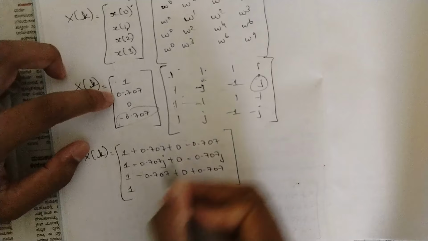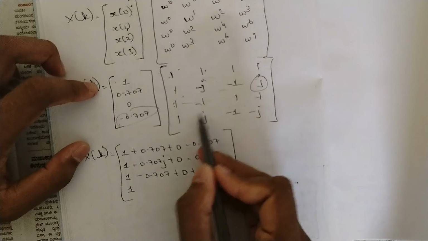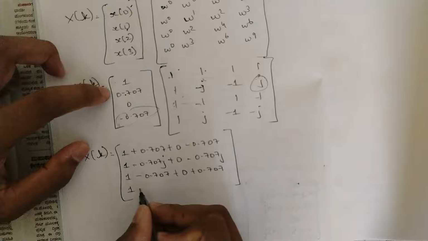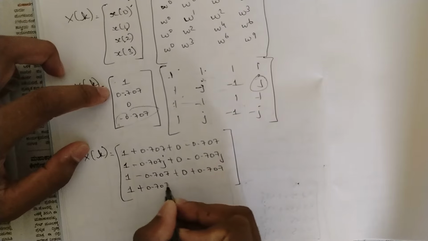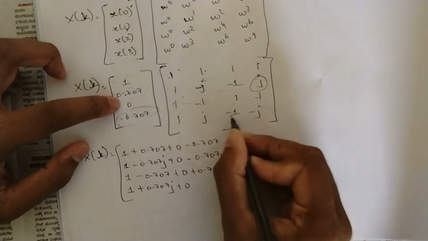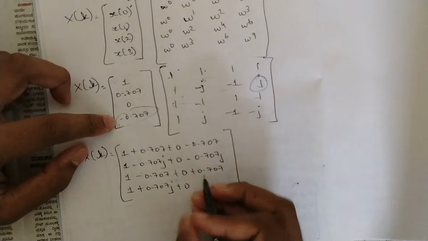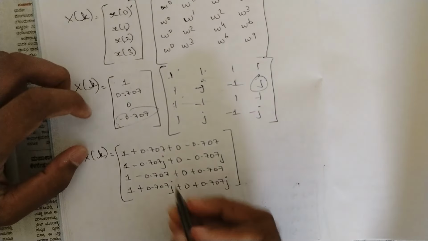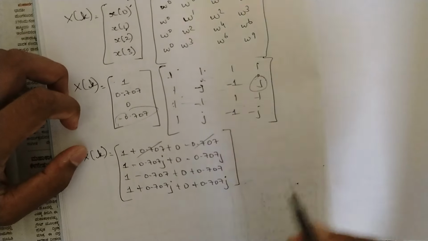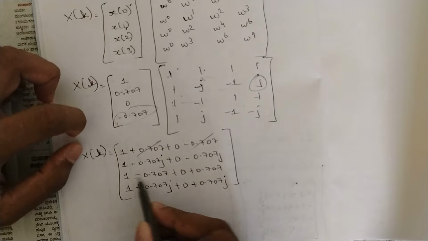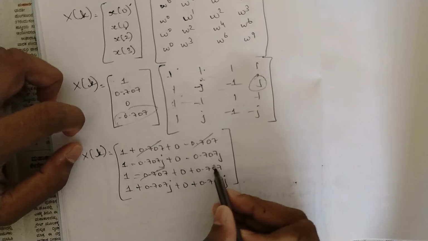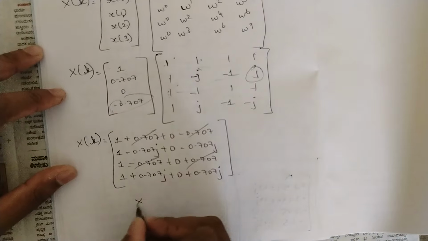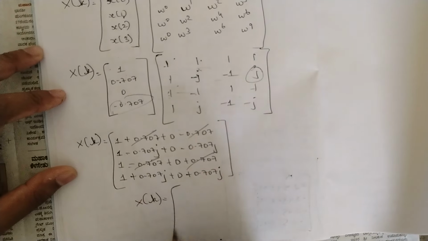Fourth column, 1 ones are 1, 0.707 into plus j, that is plus 0.707j, plus 0, then minus into minus plus, so again plus 0.707j. So here in the third column, minus 0.707 plus 0.707 gets cancelled. So the final X of k matrix is,